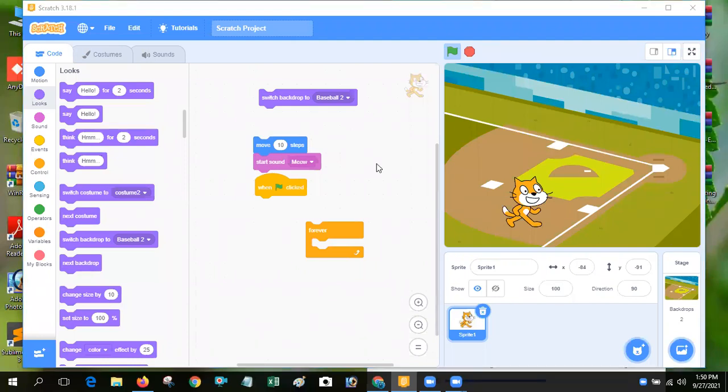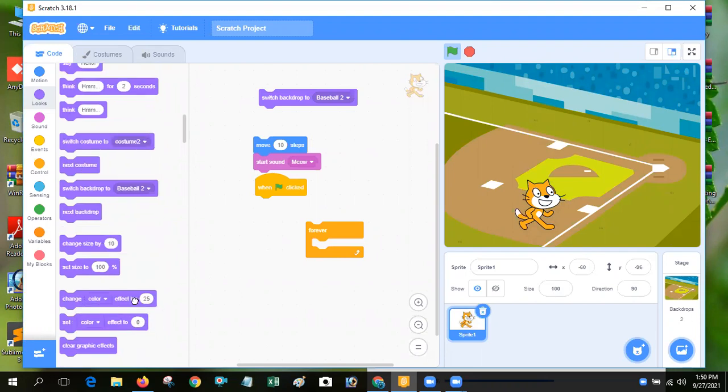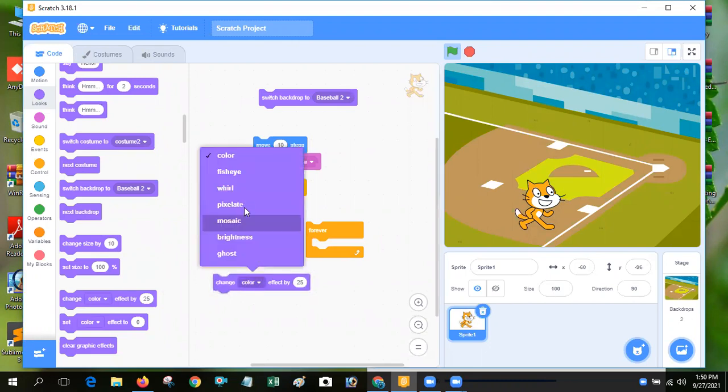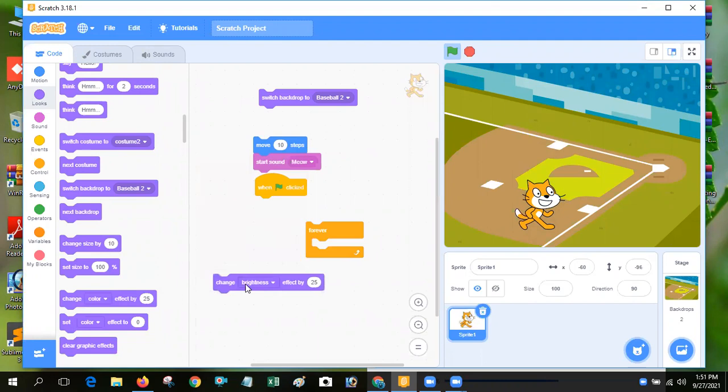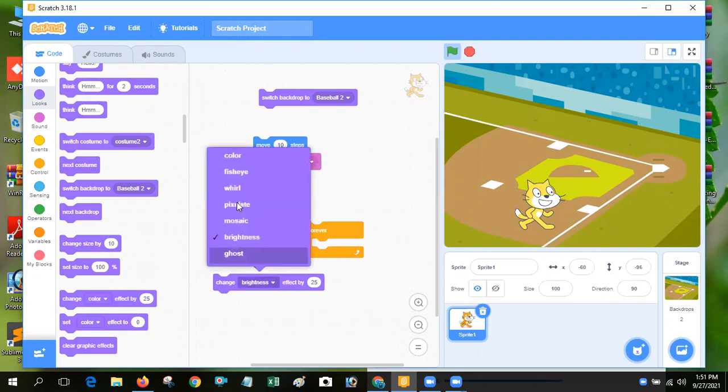And block for switching costume and block for changing color effect. How can we change our sprite color effect using a block? So this one you can see, change color effect. If you want to use brightness, suppose, and click it, you can see the effect.